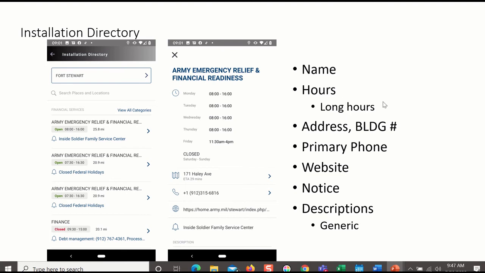Let me see. Oh, hours. We did have a problem with some of the long hours. The Digital Garrison app was not prepared to show any more than 30 characters, so it was running off the page. If you see hours of operation that are different, like a lot of pools for MWR and DFACs where they had breakfast, lunch, and dinner hours that were different on every day,